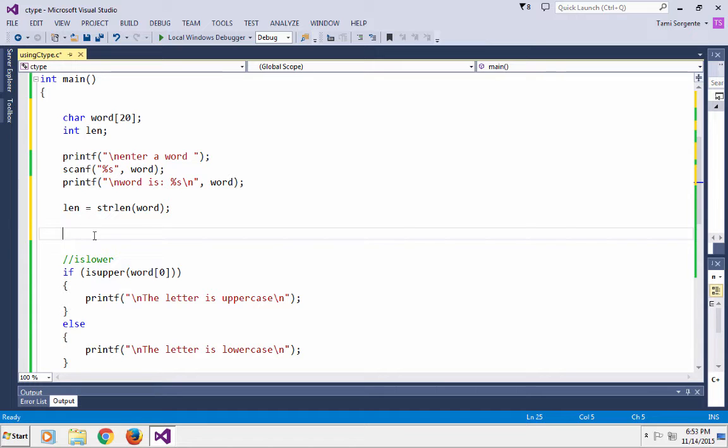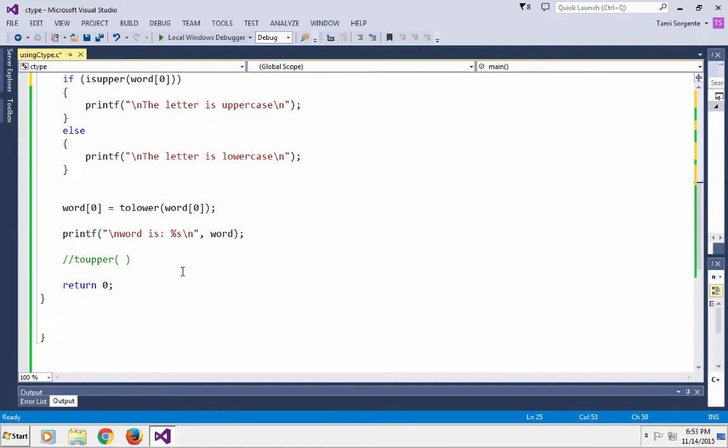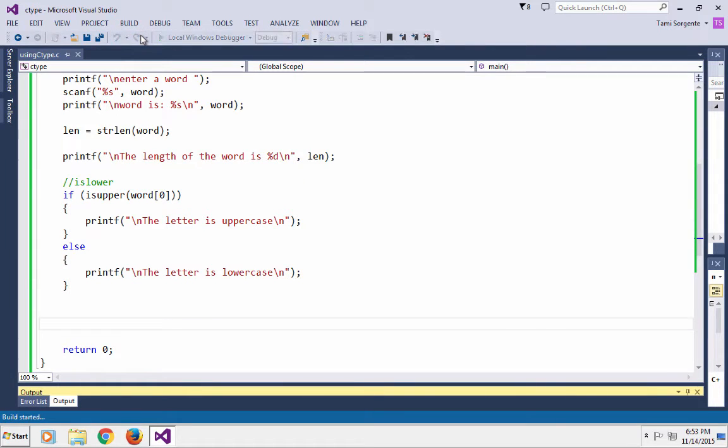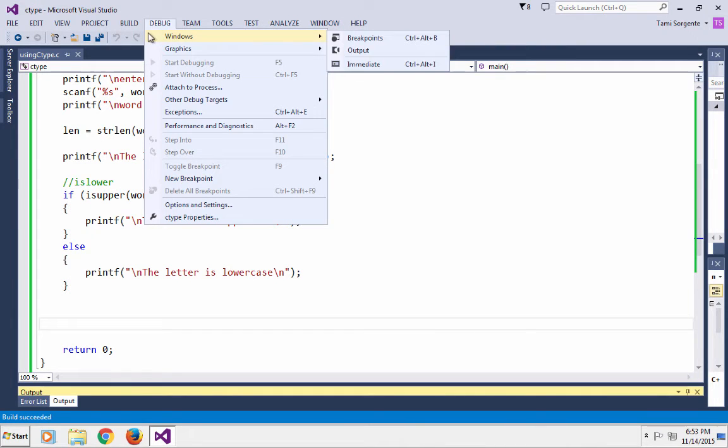So what I'm going to do is print the length of the word. I'm just going to get the word from the user, and I'm going to print the length of the word. And I'm getting the length of the word by putting in the string length function. And then I'm going to test if the first letter of the word is uppercase using the isUpper function. I'm not using toUpper right now. So I'm going to get a word as soon as it compiles